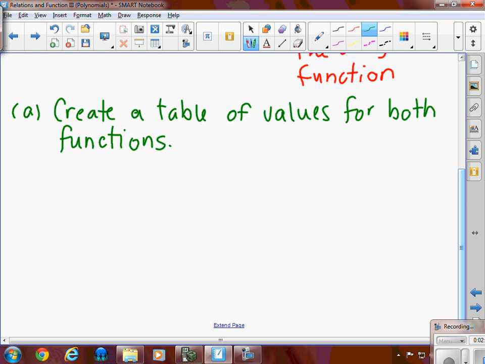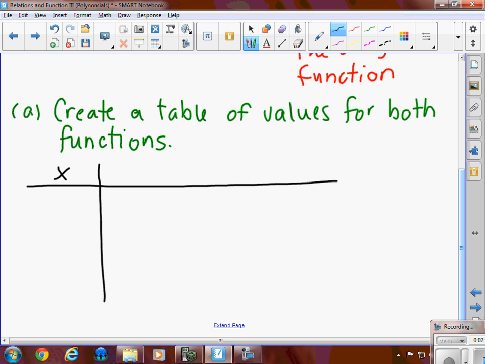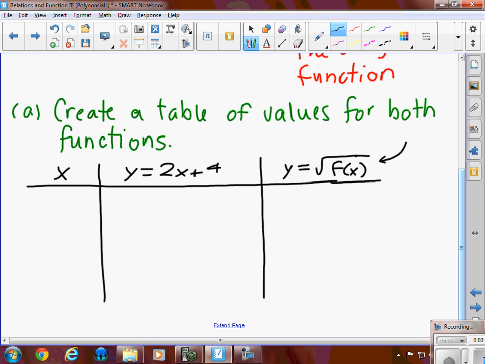Okay, so let's create the table of values. First column, we're going to choose some values of x, but I'll give you the values of x because we learned last time that it's nice to choose values of x that work out nicely. Okay, so the original function, y equals 2x plus 4. And then we're going to look at y equals that. Now, what did I write in that last column? What is this last column saying, basically? The square root of the function before. So we could have written y equals the square root of 2x plus 4,